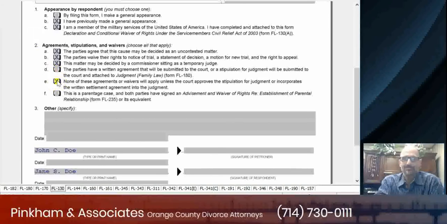Now E, I don't very often recommend marking this box. Now, let me explain it real quickly. This box says none of these agreements or waivers will apply unless the court approves the stipulation for judgment or incorporates the written settlement agreement into the judgment. Now,